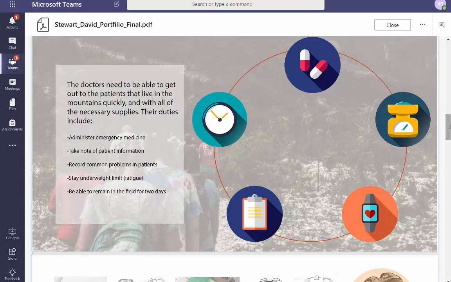Doctors need to get to remote patients quickly and balance 5 very important factors. Accurate dosage, the right medicine, timely travel, vital signs, something like that.